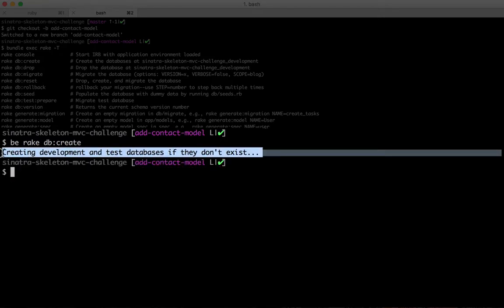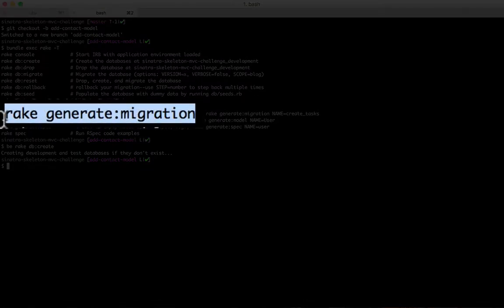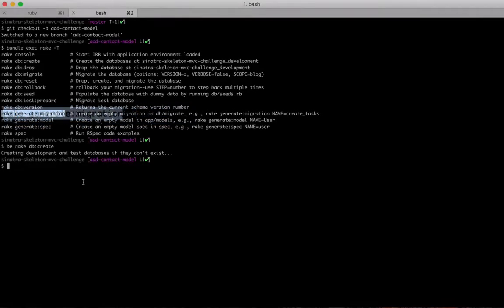The next thing that we're going to do is create a migration. And typically what you do in a migration is create a table or add a column or index to an existing table. And we have a generator for that, and there's a few reasons that we want to use it. It's going to mean that we write less code, and there's going to be some timestamp information on the file, which is important. Bundle exec rake generate